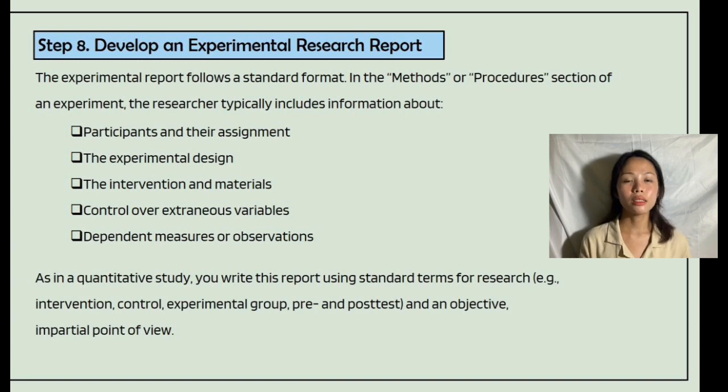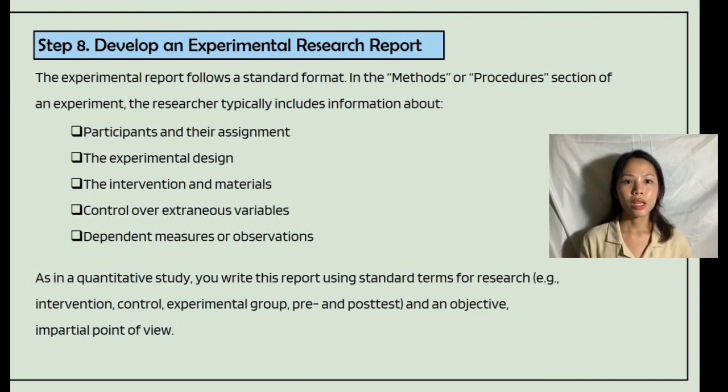Next is the experimental design. This includes details such as the type of design used, how variables were manipulated and measured, and any control measures implemented to ensure the validity of the study. Next is the intervention and materials. Detailing the intervention involves describing the actions taken by the researcher to manipulate the independent variables and any procedure for controlling extraneous variables. Materials encompasses the tools, equipment, and resources employed during the experiment, such as the questionnaires, the stimuli,